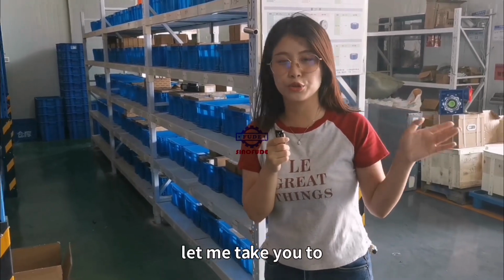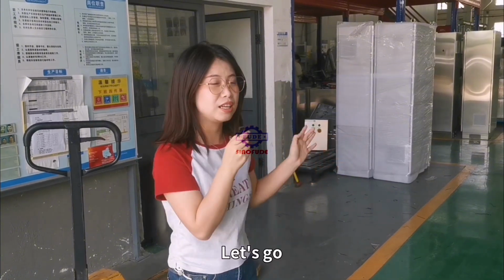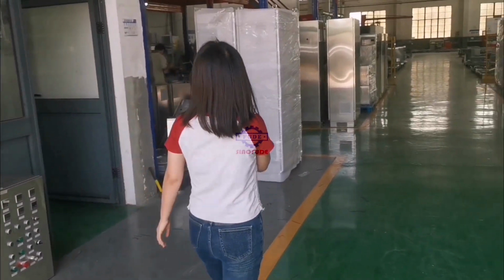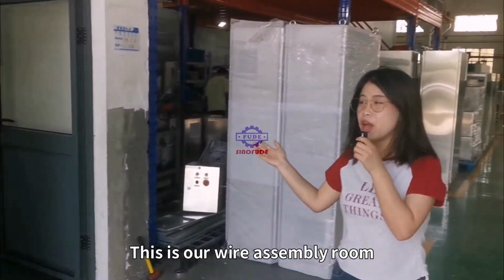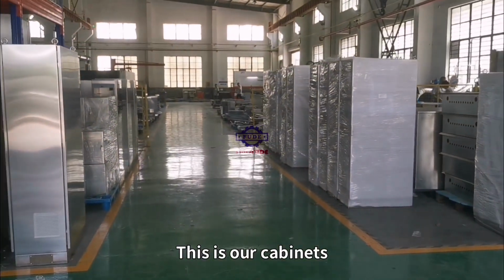Okay, let me take you to the right area. This is our steel processing area. Let's go. This is our wire assembly room. This is our cabinet. You can see,